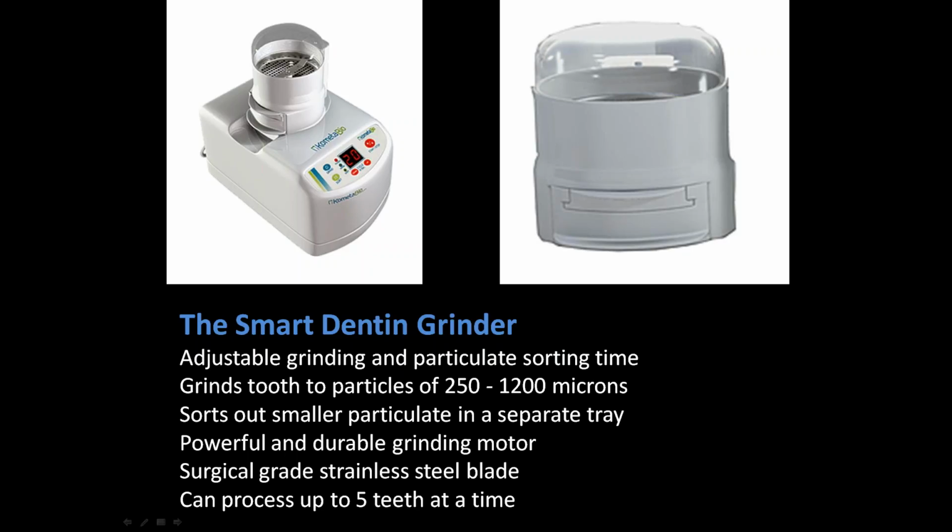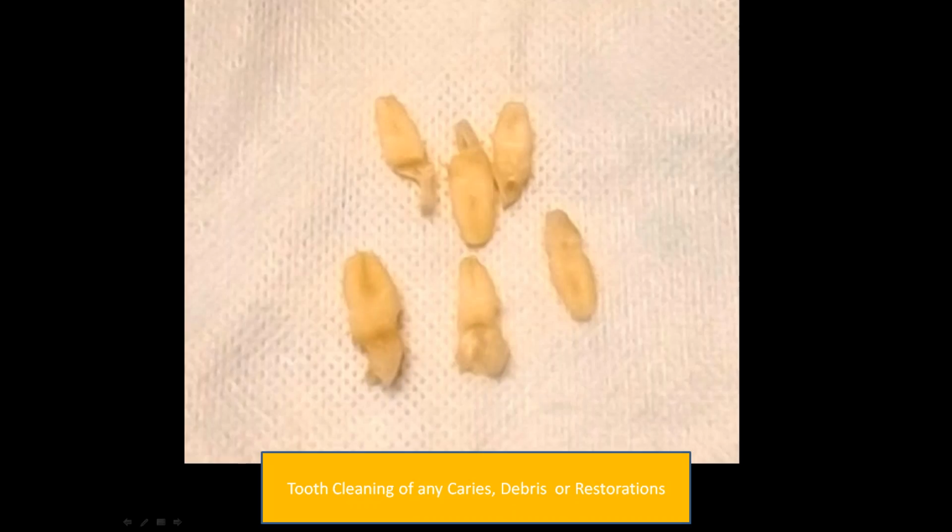The machine is very powerful. The blades are very powerful as well, and we'll talk about the process in just a moment. Usually when we're placing the teeth in here, we're going about 5 teeth at a time. We don't want to put more than that because we don't want to clog the steel blade, but usually 5 teeth at a time is what we'll go. So step 1,